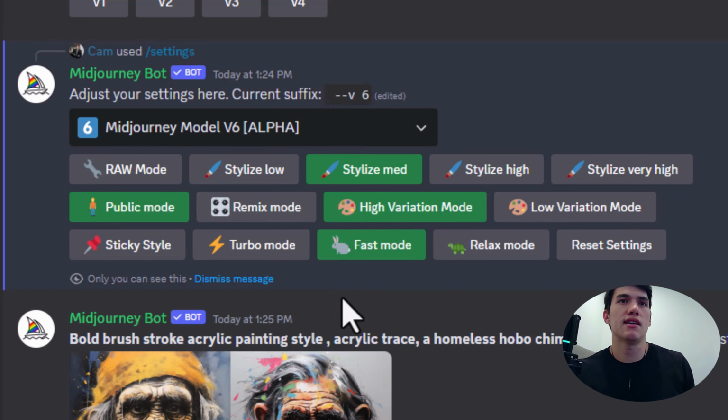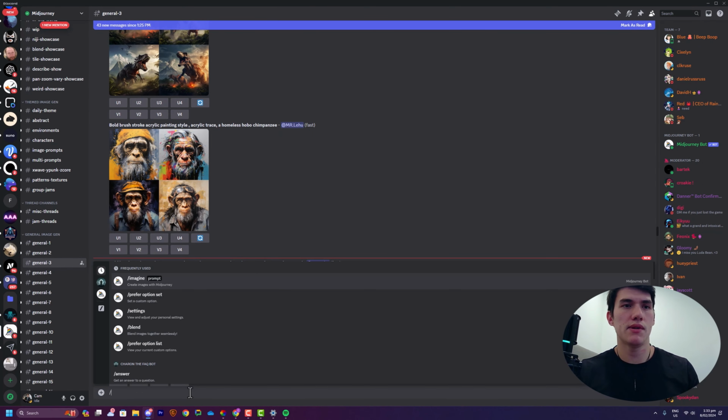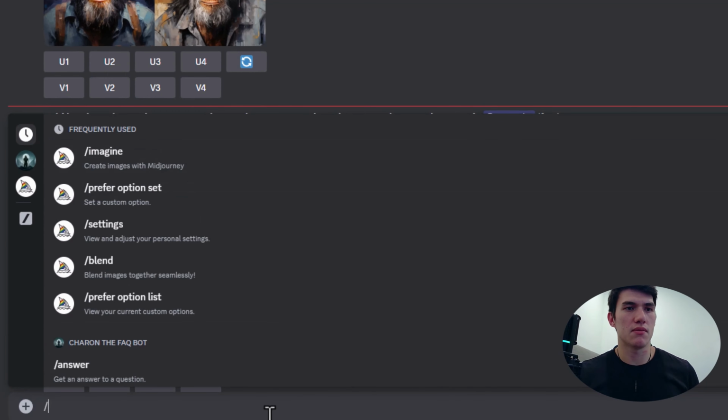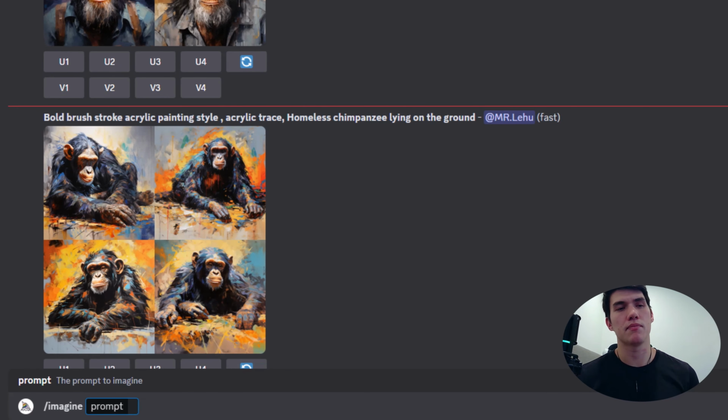All right, so those are the settings, and if you want to get rid of this after, you just click this dismiss message and it will go away. So now we can go into the main heart of Midjourney, which is the Imagine prompt. You either click on this or you just type Imagine space and then a prompt window will come up. And this is where we get to either type in our prompt or copy paste our prompt. Because we're using the Midjourney Guru GPT, we'll be copy pasting our prompt for the most part and doing some pruning like we did earlier with the image that I did in